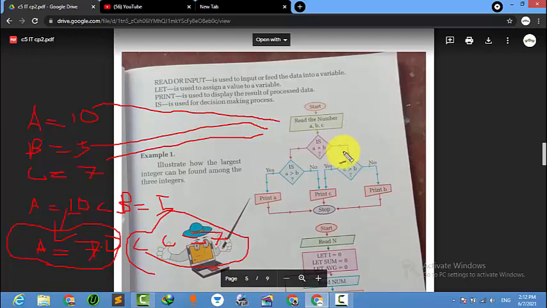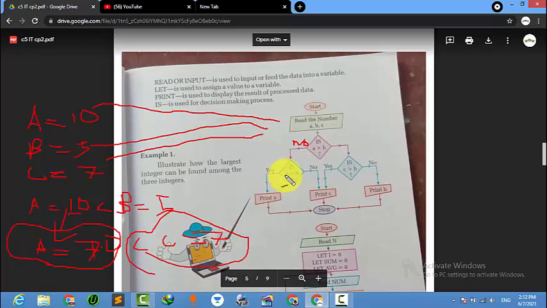If yes, it will go here. If no, it will go here. If yes, a is greater than b, print a.